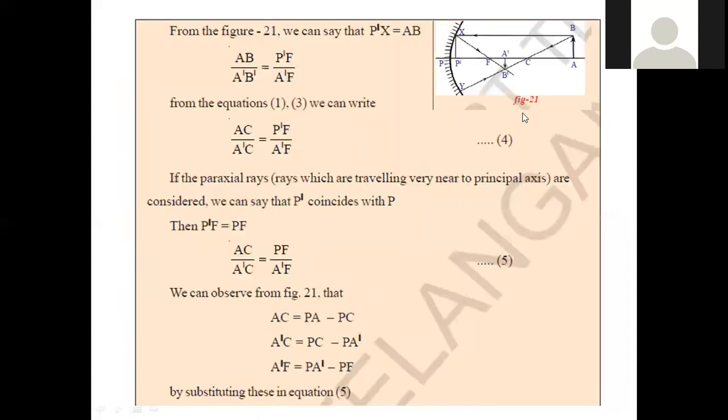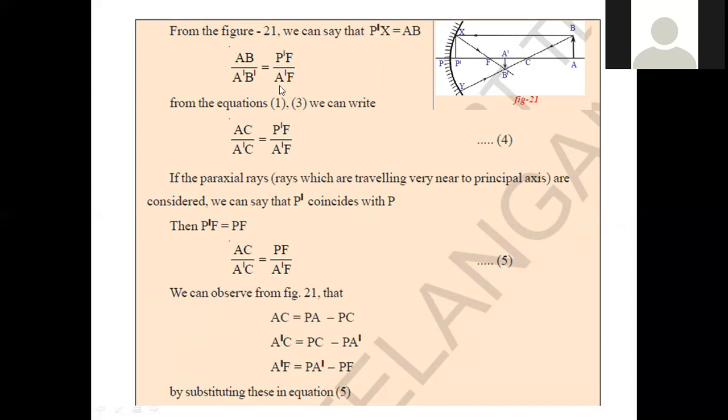Now let us move on to the continuation of that one. P prime X is equal to AB, because this distance is exactly equal to this, because both the lines are parallel. This is said to be the principal axis. This is said to be a light ray originated from the tip of this object. So these two distances are exactly equal. So based on this, it is very clear that AB, the object distance, by A prime B prime,